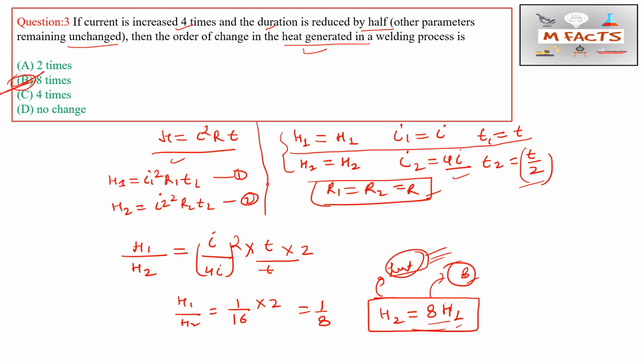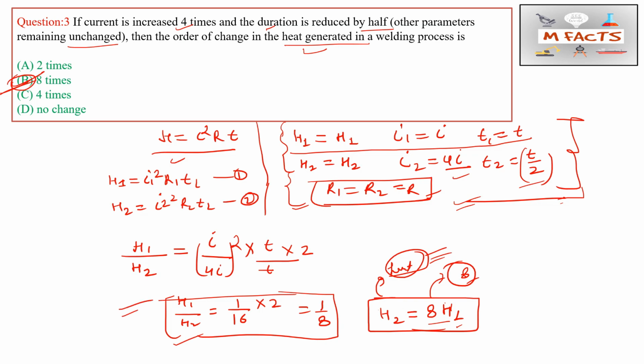For this type of question, whenever they give 4 times or the duration is reduced by half, we will write the data like this. By this you will avoid silly mistakes. Before solving these questions, we need to put the data like this. This is the simplest and easiest question they can ask at any time in any exam. It is important for GATE aspects and for the RRB exam also. This is the simplest form of the welding process numericals.